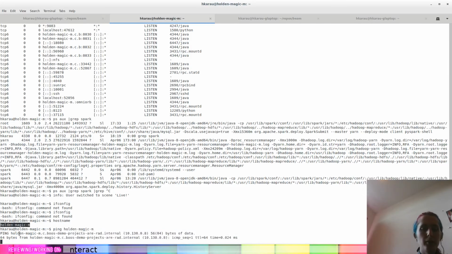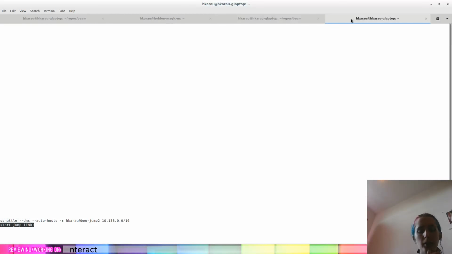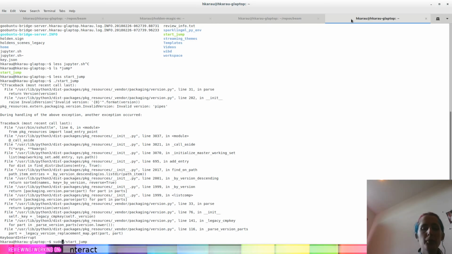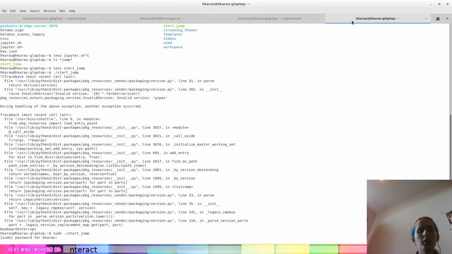The right subnet range. Yeah, that looks like it's the right subnet range. So we're going to use sshuttle. Oh, I probably have to run that as root, given that it messes with my route table.